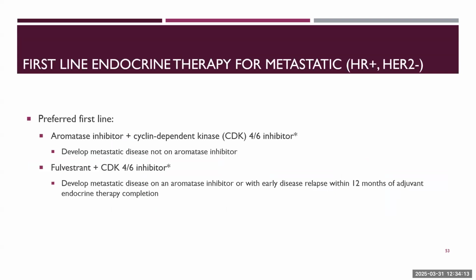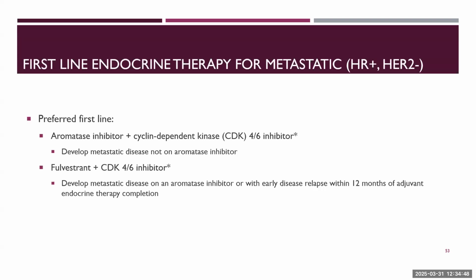So first line endocrine therapy for metastatic, for those that are HR positive, HER2 negative. Preferred first line is going to be an aromatase inhibitor, so an anastrozole, letrozole, or exemestane, plus our cyclin-dependent kinase or CDK4/6 inhibitor. And these work on the cell cycle, which I'll explain in the next slide. And this is indicated if they developed metastatic disease, not on an aromatase inhibitor. However, if they develop metastatic disease on an aromatase inhibitor, or if they had early disease relapse within 12 months